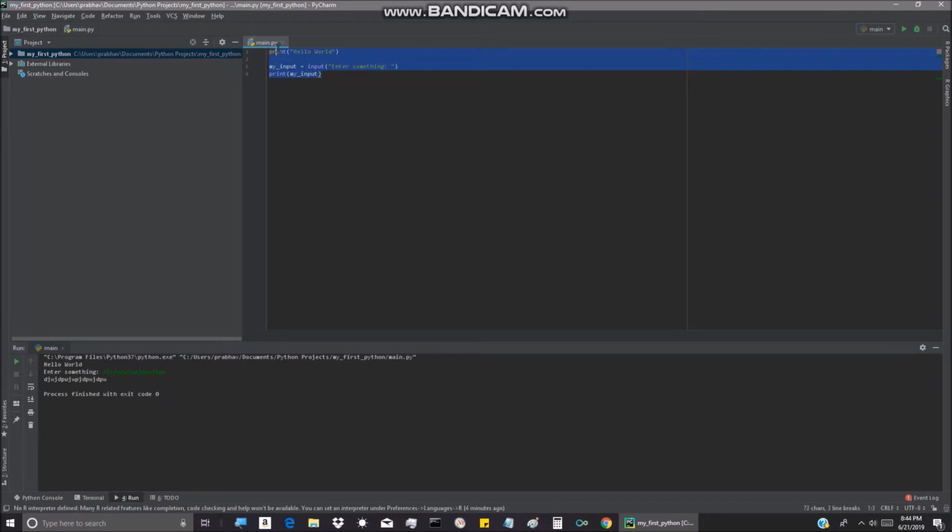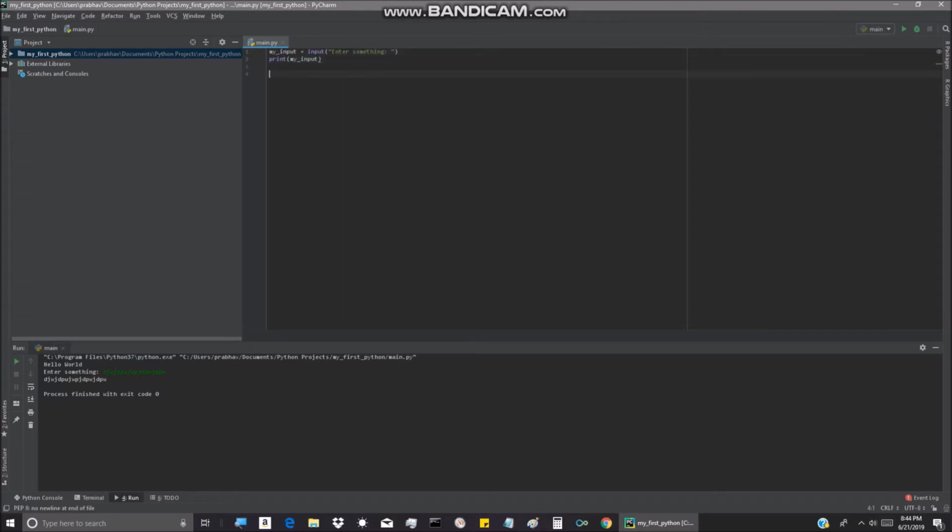Okay, now I'm going to delete this first hello world thing because I'm pretty sure you already know how to print stuff out. So let's create something called an if statement. I'm also going to remove this because I'm going to show something else in the process. So if my_input is equal to, you're going to have to put two equals here because you're comparing something with another thing. So if my_input is equal to, I don't know, a string called propane 865,